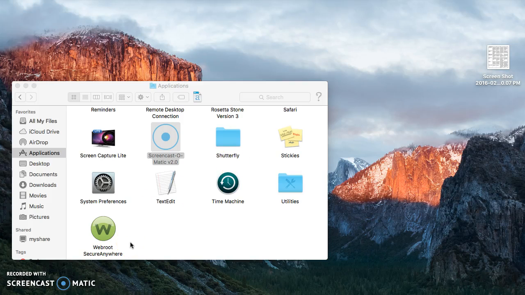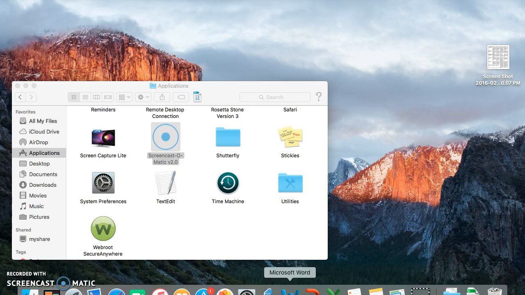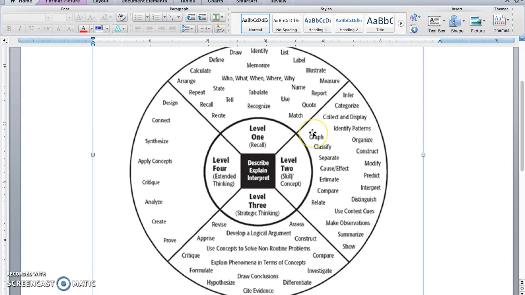I just want to give a brief tutorial on Webb's depth of knowledge. Some of you may have heard of this before, and it's a very similar tool or chart compared to Bloom's taxonomy. I myself prefer this particular chart just because it's broken down into fewer sections than Bloom's, and